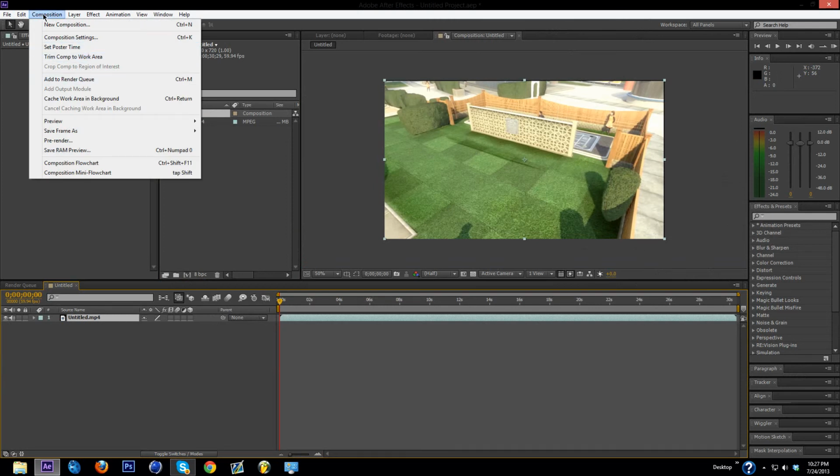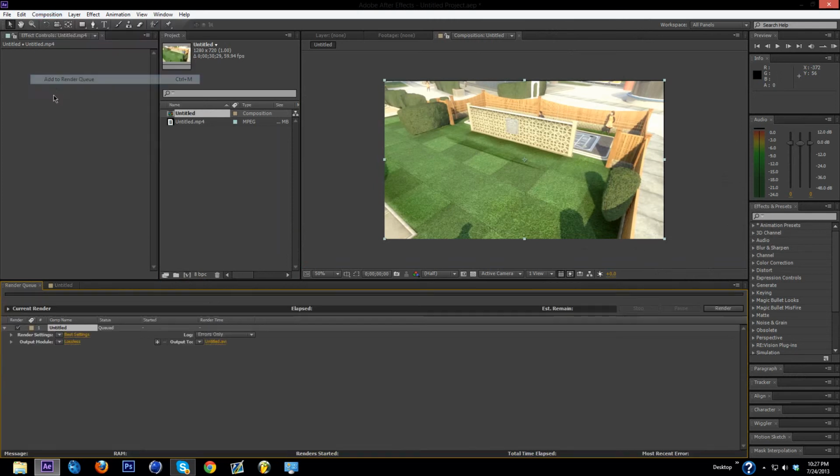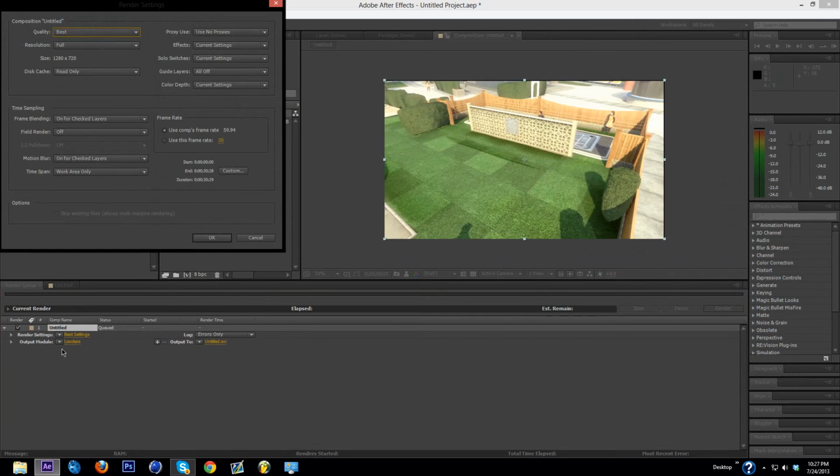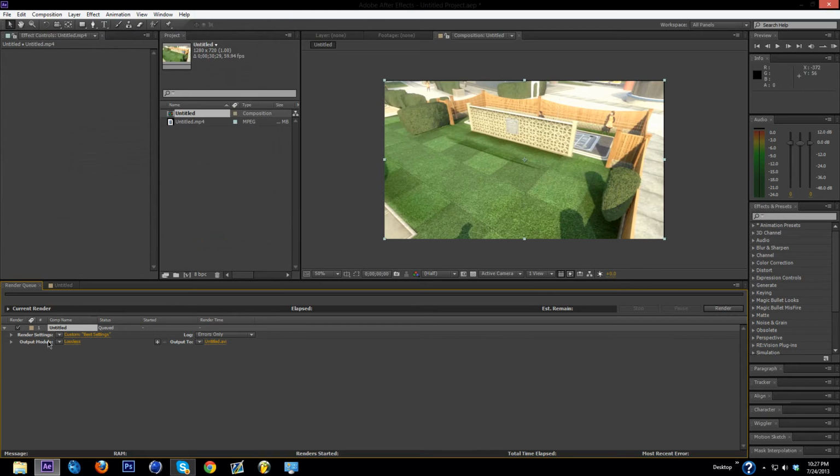You click the composition tab up top, you click add to render queue, click on render settings down here. You keep everything like this, and then you click 30 frames per second. I know you can do 60 frames per second on this, but I've just always done 30, so I'm just going to stick with 30 and show you guys how I do it. So yeah, you click 30 frames per second, click OK, you click your output module,